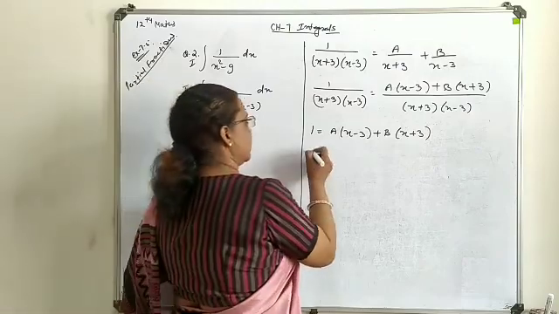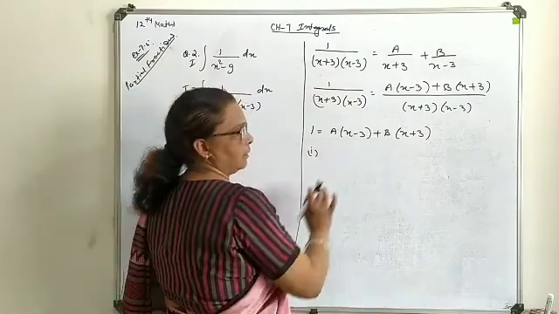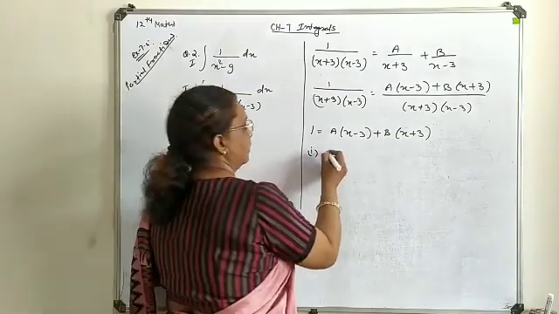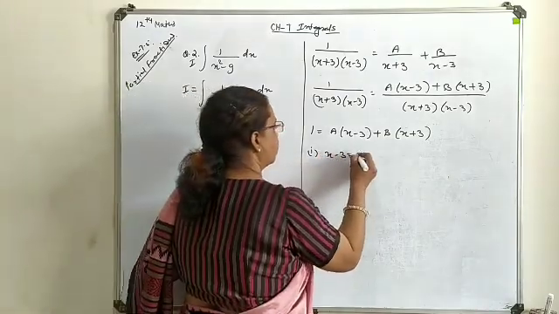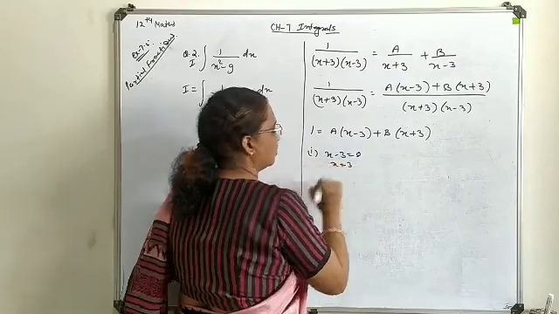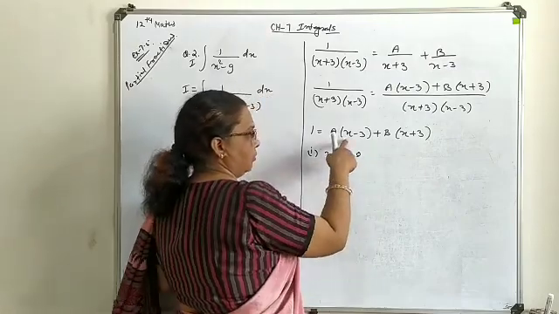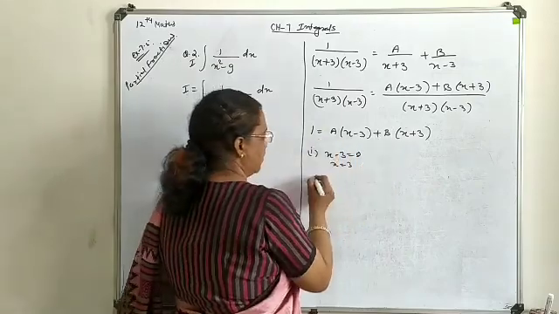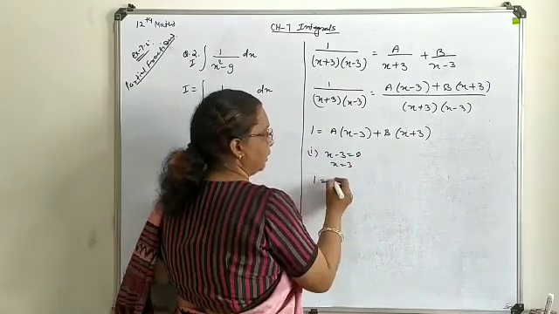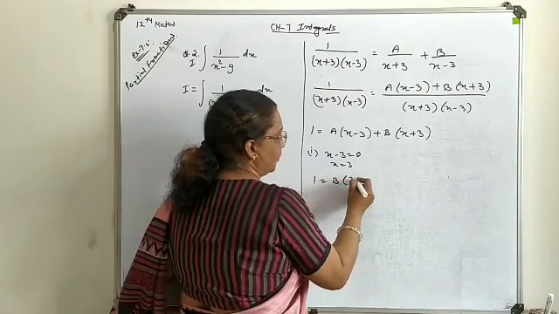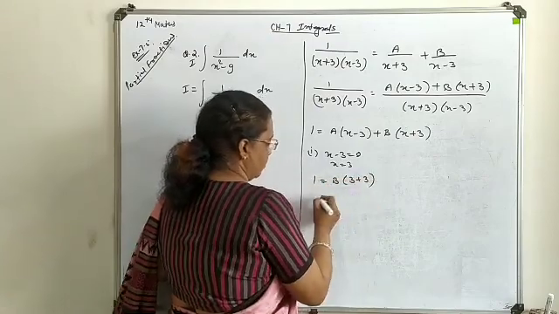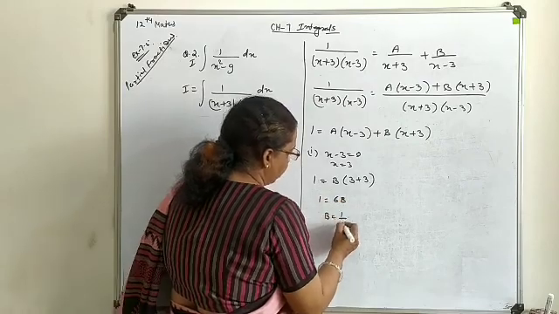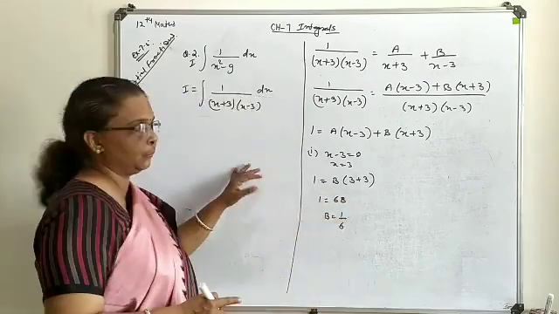For that purpose I told you that keeping one bracket at 0 gives you the idea about the x substitution. So here, first we keep x minus 3 equal to 0, meaning x is equal to 3, and we substitute. So this term will be 0, and this will give you the solution for the b constant. So this will be 1, this is 0 only, so b times 3 plus 3. So this is 6b, meaning b comes out as the constant value 1 upon 6.